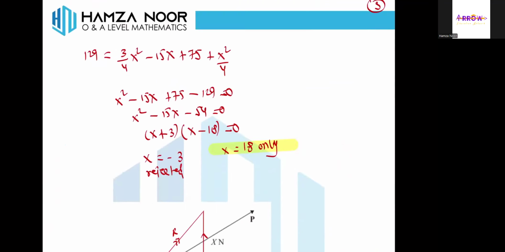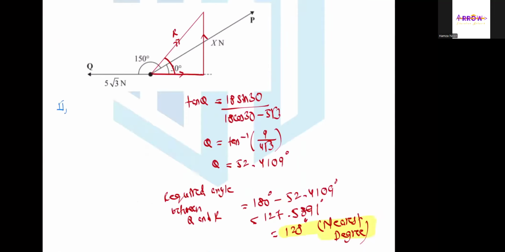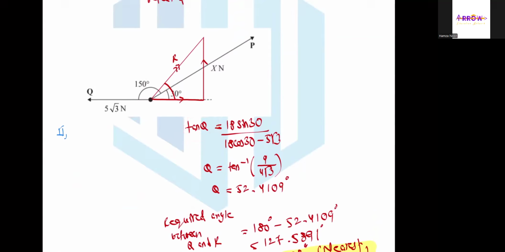So you just consider this triangle, you find this angle theta, opposite side is x sin 30, adjacent is x cos 30 minus 5 root 3. So I can use a trigonometric ratio over here by considering the opposite and adjacent sides. So tan theta is equal to opposite over adjacent, tan theta is equal to 18 sin 30 divided by 18 cos 30 minus 5 root 3. So theta is equal to tan inverse of this exact value, which you have evaluated by using your calculator. So theta is equal to